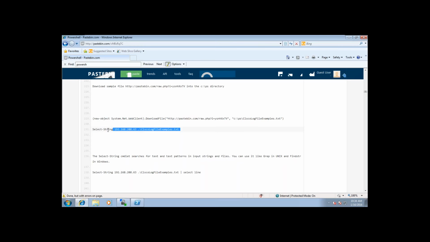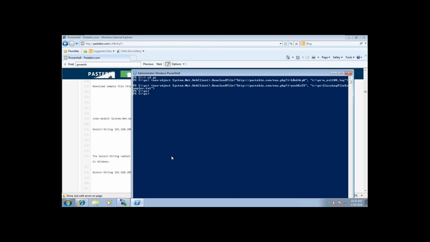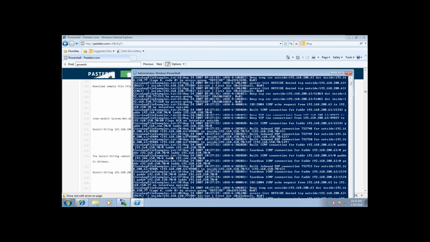So we don't really have grep in PowerShell, but you have something really, really close to it, and that's just Select-String. So you can Select-String like this,